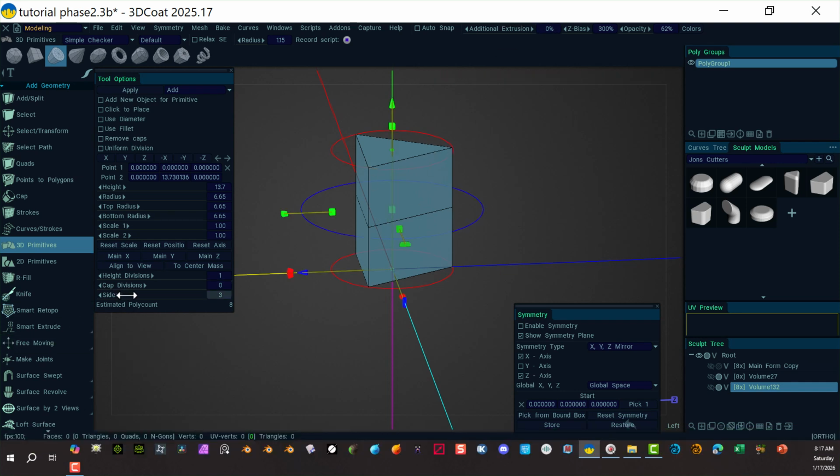I'm going to also add in a little bit more on the height here. I'm going to bring this up kind of like 3. Okay? And I'm good with that. Apply. So we made a triangle. Very simple, right? So now we can go in and just